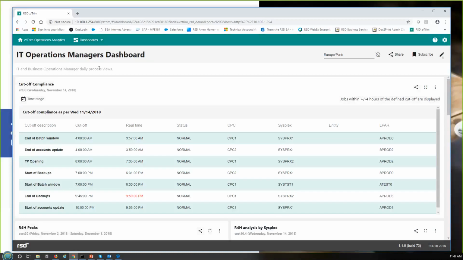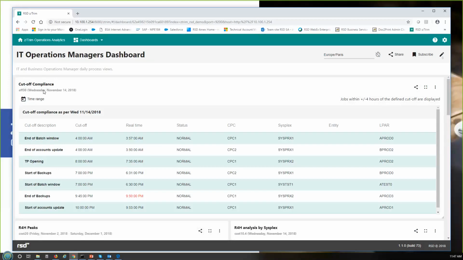Because this guy is in the nerve center, he's really worried about what happened yesterday and what's happening now. He's really focused on the daily process. His world is very much present in previous day activities. And he starts off with this EFF 30 KPI, which is cutoff compliance for yesterday. As Craig was saying, it's really important because if SLAs aren't met, that's real money that's usually hitting the budget